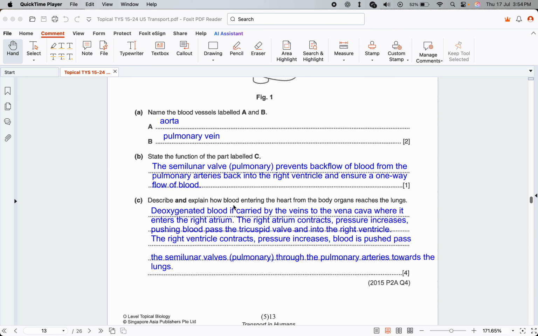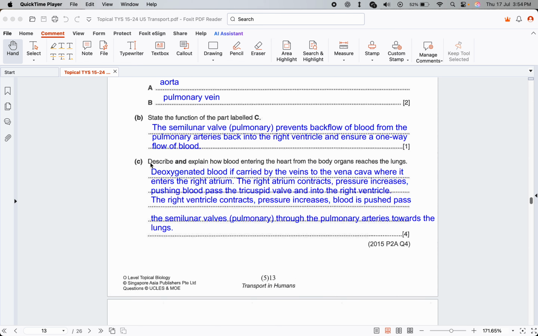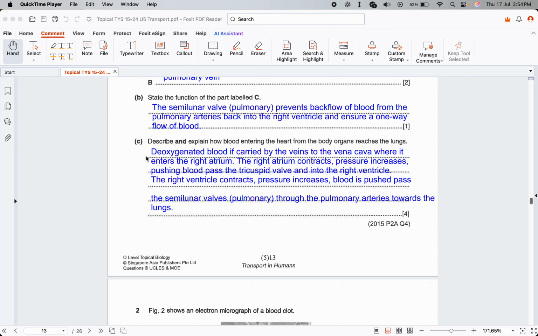Describe and explain how blood entering the heart from the body organs reaches the lungs. Okay, so this one requires you to have both the description of the pathway and explaining why it's able to move from one place to the next place. Okay, so here we say deoxygenated blood is carried